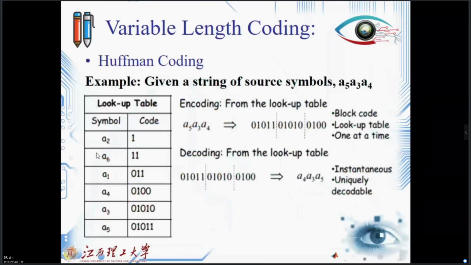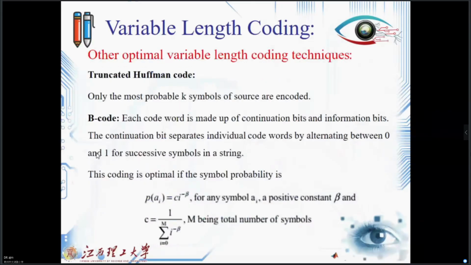One more example: you can see, given a string of source symbols A5, A3, and A4 that we have, first we give the codes for them, and then we know the combination of A5, A3, and A4 as the codes that we assign for them, and then we can decode them vice versa. There are some other optimal variable length coding techniques that